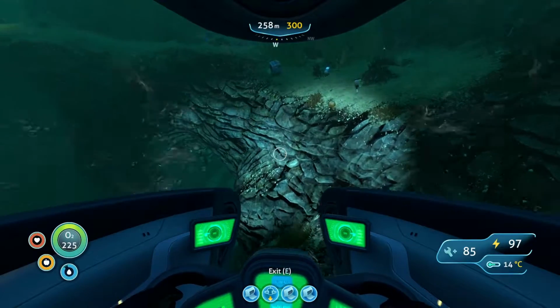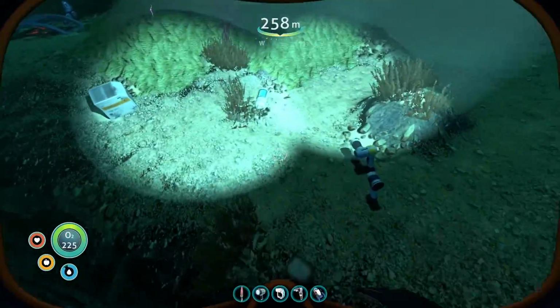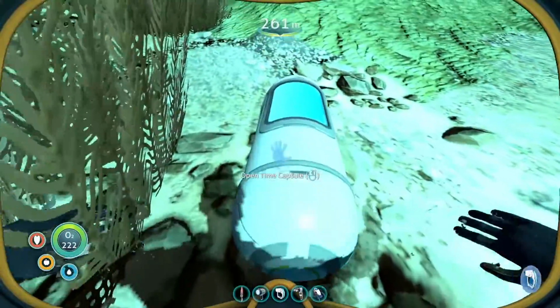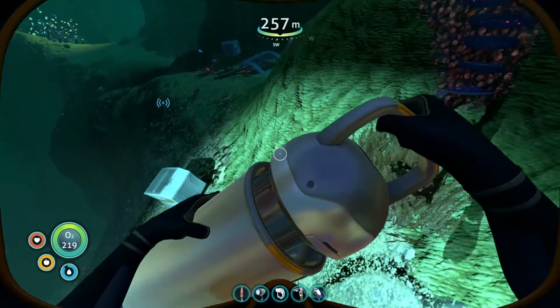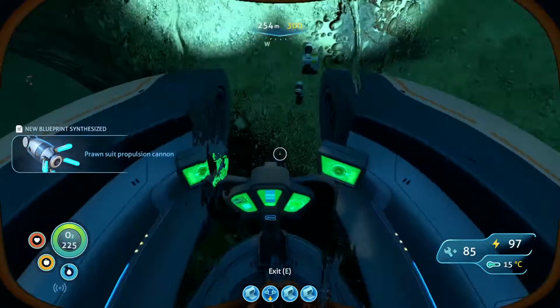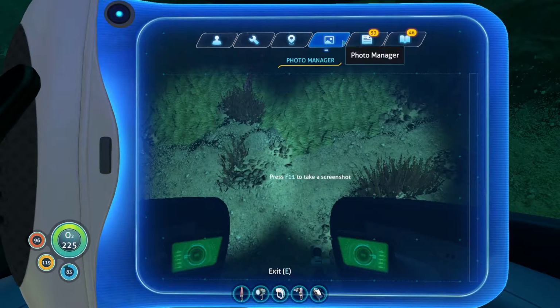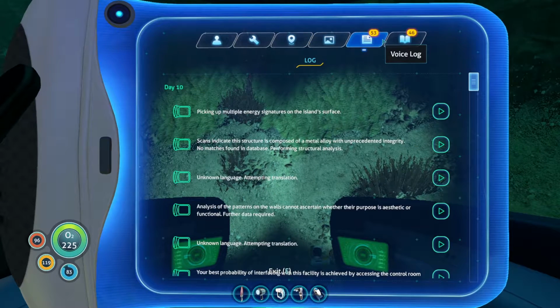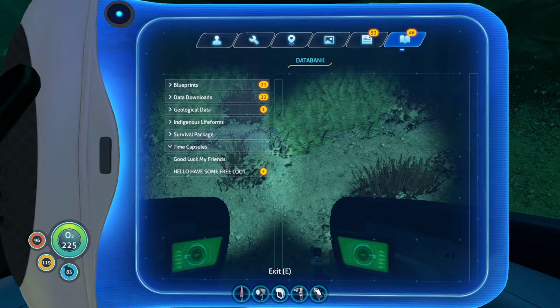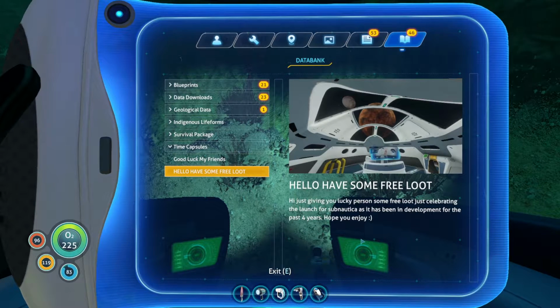Oh, hello. What disappointment do you contain? Ooh. New blueprint acquired. Nice. Wrong buttons. This one. Time capsule. Hello, have some free loot. Hi, just giving you lucky person some free loot. Just celebrating the launch for Subnautica as it's been in development for...